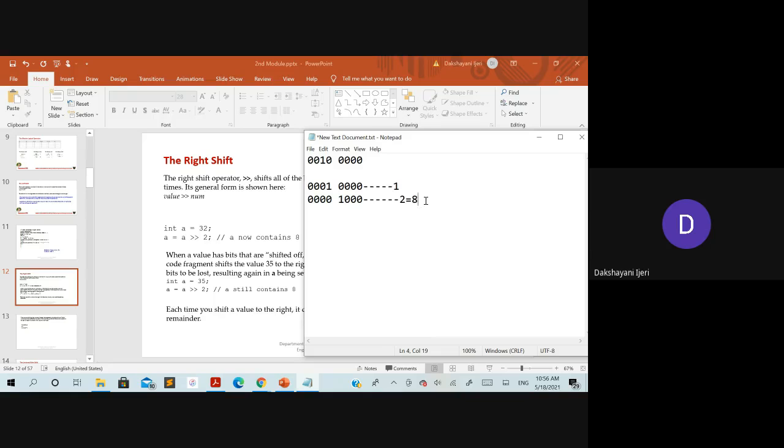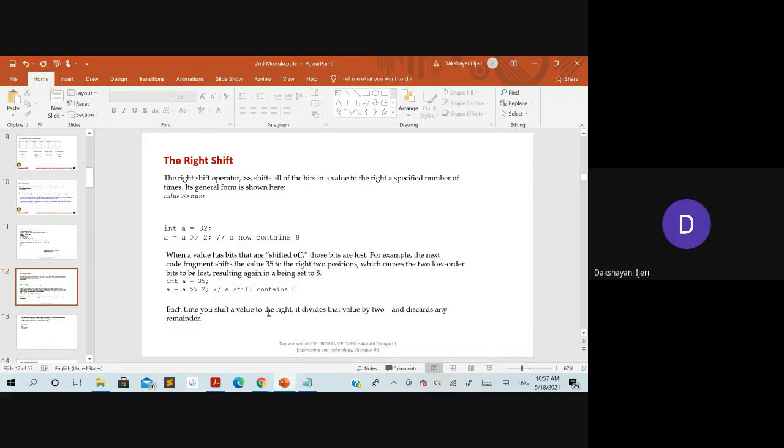Okay. So what happens if you do the shifting with the integer 35? This is with respect to 32, right? So what will be the result if you do the same kind of operation with 35? 8 only, ma'am. 8 only, right? So no need to explain it once again. Convert it to binary bits, shift by two, and check what you get as the decimal equivalent. You are going to get 8 again. So why is that so? Same value, ma'am.